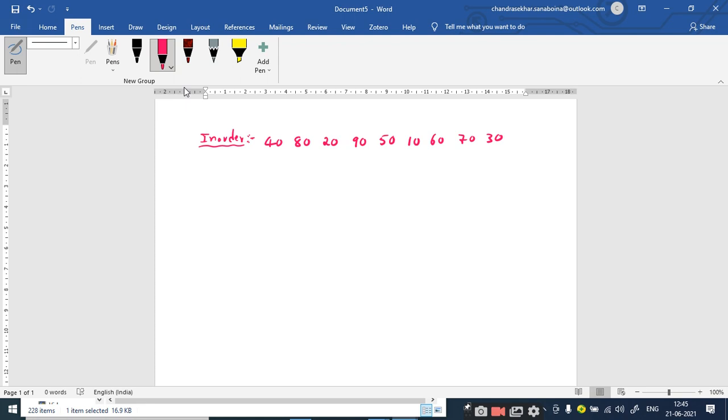right? So if I take 40 as the root node, all the elements are on the right hand side only. So 80, right? This is not a particular method or thumb rule that you should take only one element as the root node.